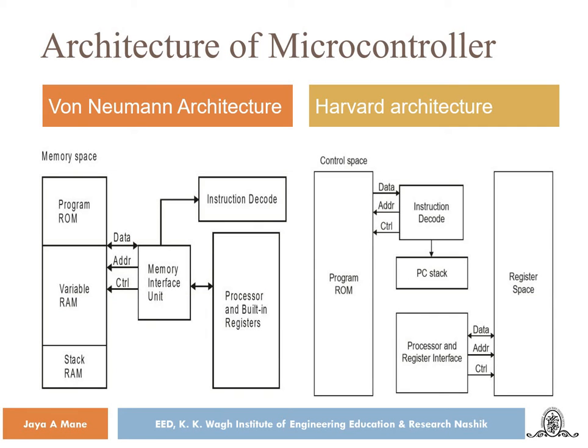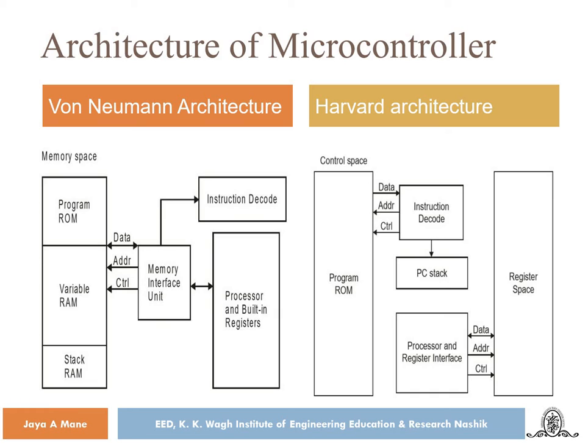So now let's see the architecture of the microcontroller. We have seen all the basic components in the microcontroller. Like we have seen, there are two memories in the microcontroller, the RAM and the ROM, the random access memory and the read-only memory. The way in which these two memories communicate with each other, with the CPU, and with the external devices is defined as the architecture of the microcontroller.